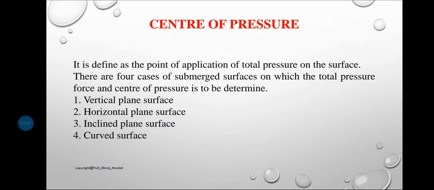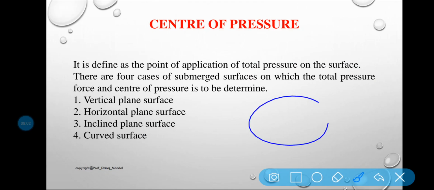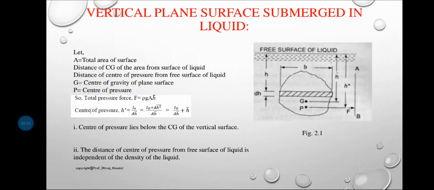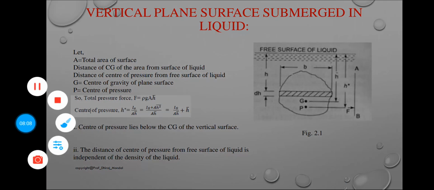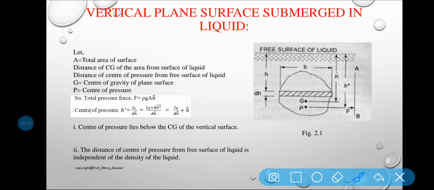See, the center of pressure, basically if it is your body, let us consider here it is your body. Now this is the free surface. Now a vertical plane is taken here, and this P denotes the center of pressure, and G is the center of gravity. What do you mean by center of gravity? Center of gravity is defined as the point through which the whole resultant gravitational force acts, irrespective of the orientation of the body.